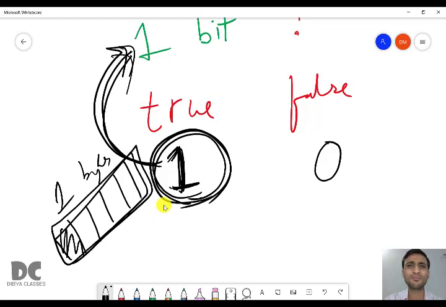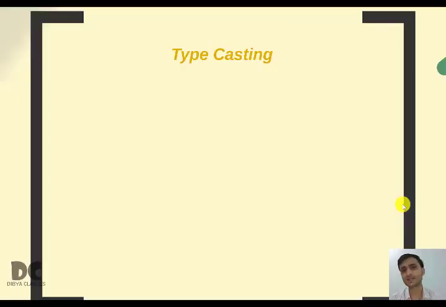Actually, it is the computer architecture. You cannot create a data type smaller than 1 byte. The smallest data type will be only the size of 1 byte. You cannot create a 4-bit data type or a 1-bit data type. This is because of the architecture of the computer. You cannot change it. Therefore, you have to take 1 byte, but it will use only 1 bit. Okay, clear? So next class, we will be studying typecasting.